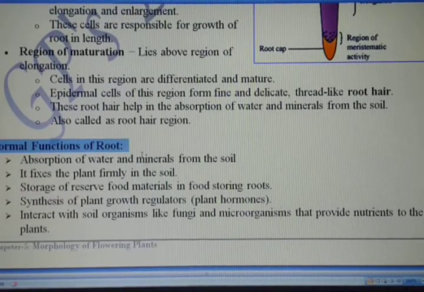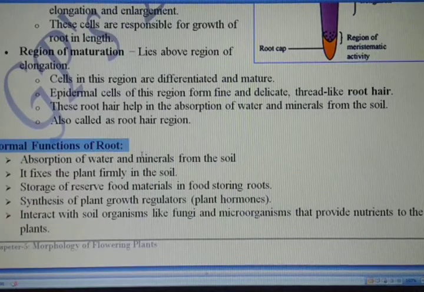But here, the normal function: they first of all fix the plant firmly in the soil, and when they penetrate deep inside the soil, they are capable of absorbing water and mineral salt from the soil. And when they move inside, they come in contact with some soil organisms like fungi and other microorganisms, which